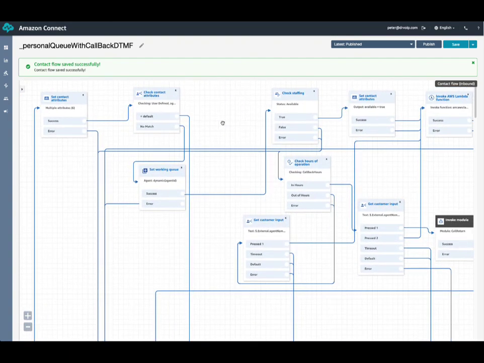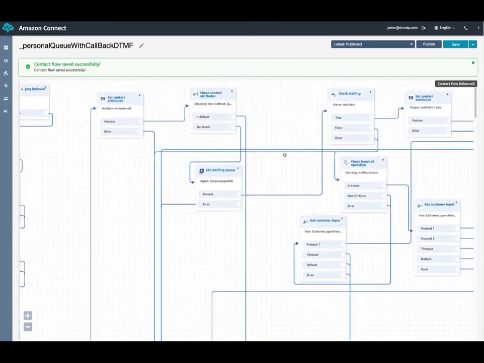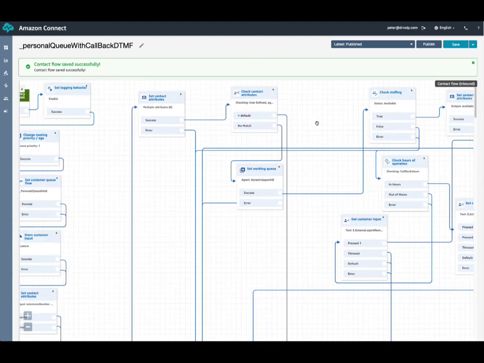So this is a contact flow that combines personal agent access with several different callback strategies, and it uses modules and priorities as well as Lambda functions and DynamoDB tables to achieve the desired result of not calling people in California at 4 in the morning when it's 7 a.m. in the Eastern Standard Time Zone.